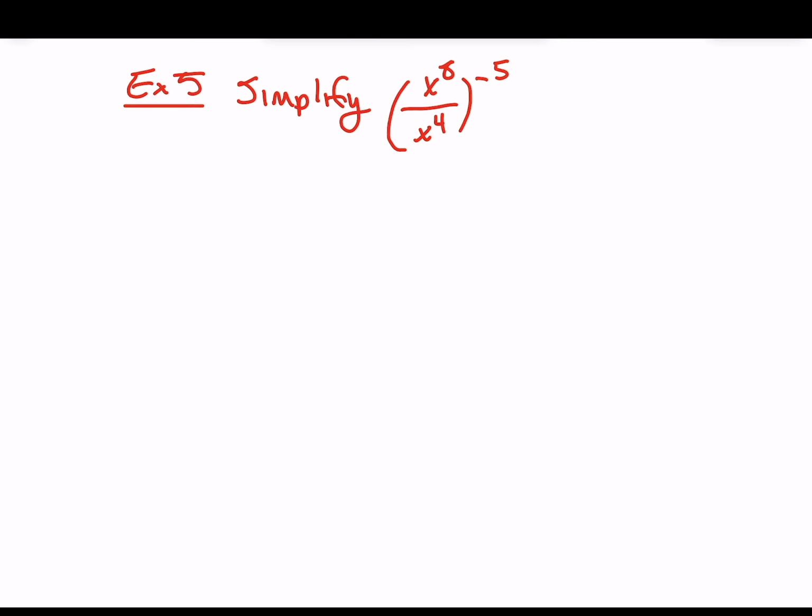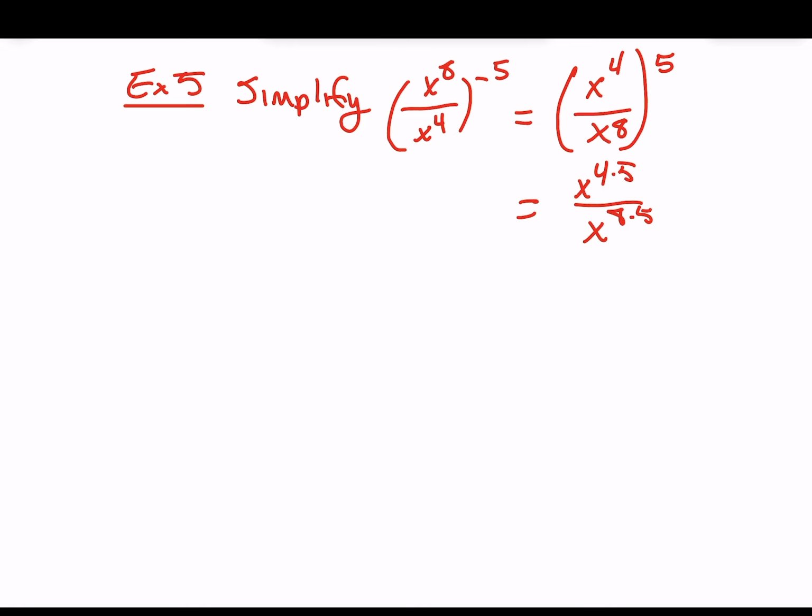Example 5, we want to simplify x to the 8th over x to the 4th, all raised to the negative 5th power. Well, what we can do is we can use the negative exponent rule and flip the x to the 4th and the x to the 8th, and rewrite that with a positive 5. Okay, and then we can distribute that inside and we get x to the 4 times 5 over x to